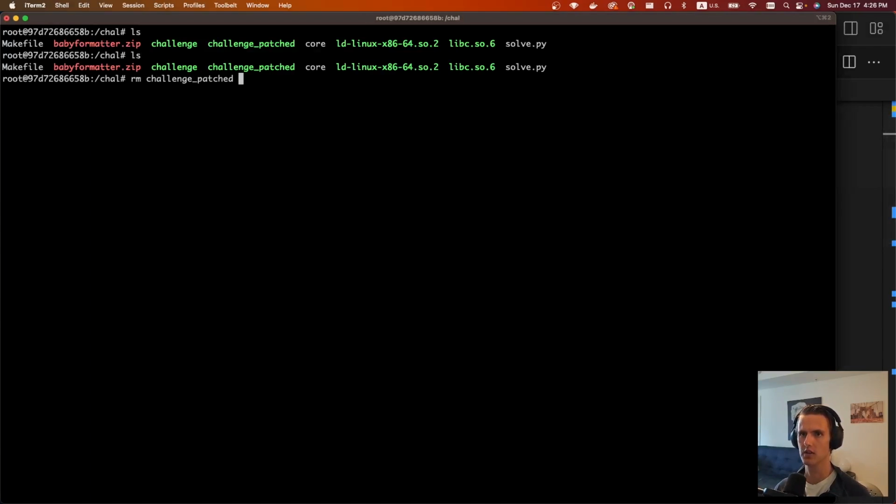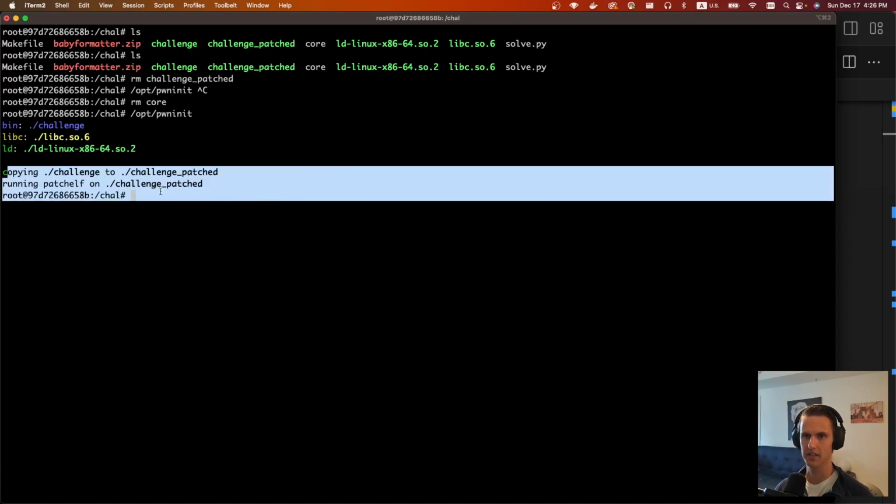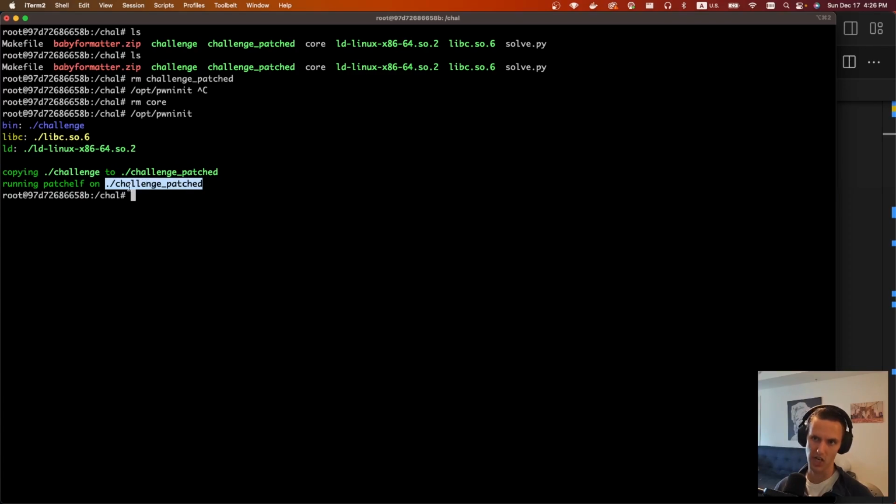Let's do challenge. I removed the challenge patch, so you just do pwninit. Oh, and let me remove core. You just call opt pwninit, and it pretty much just does everything for you. It'll find the binary, it'll find a local libc, and it'll find the linker. And yeah, this way your challenge patched version is going to be using the libc in your local directory,